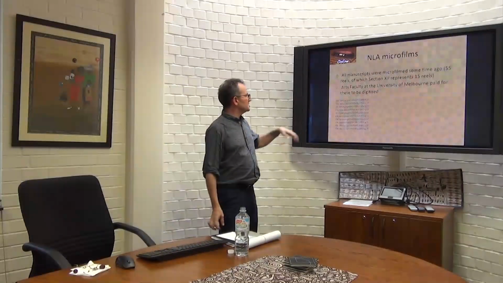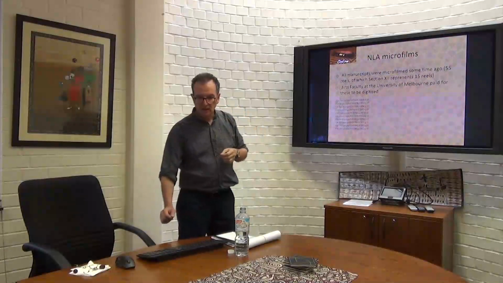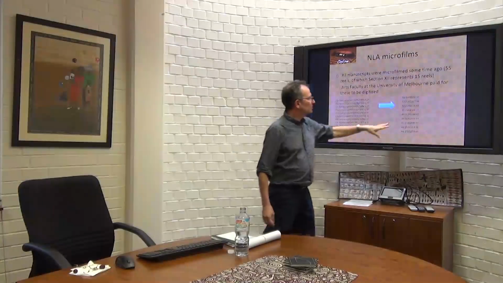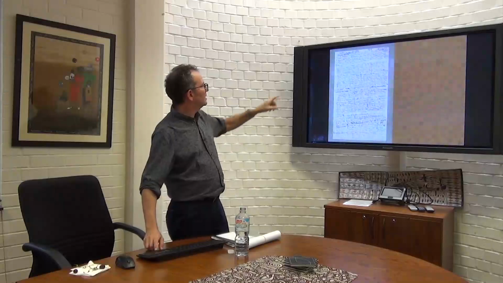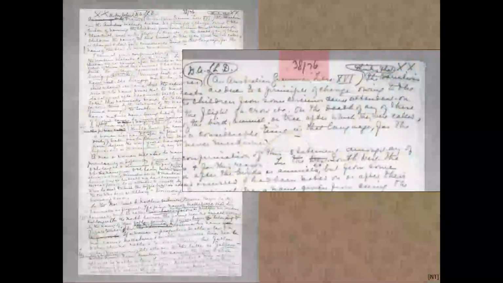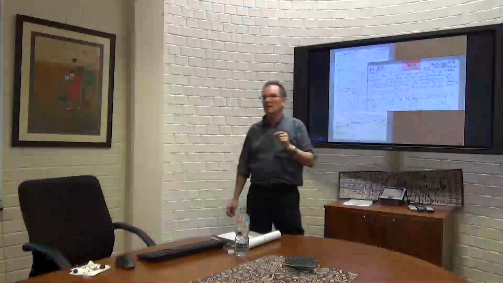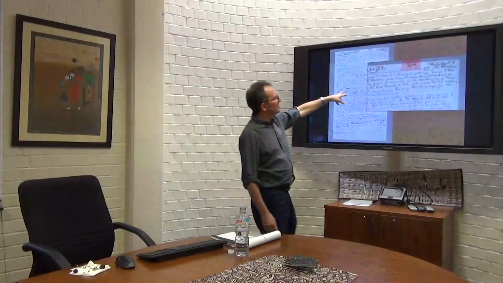When the images were microfilmed, they came back with names like this from the National Library. So these are completely meaningless names. They're process names, so it's just, this is the one after that. So they had to be renamed, and they're renamed to something like this, which might look meaningless too, but it is really meaningful. And it's meaningful because if you look at the top of that document, you have a number, and each of these has a folio and page number from the National Library. So because the document has that within it, this document then is 38-076M,